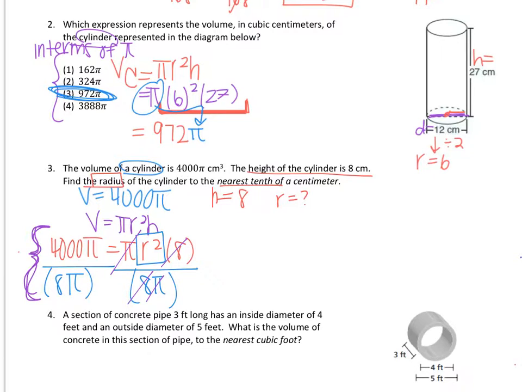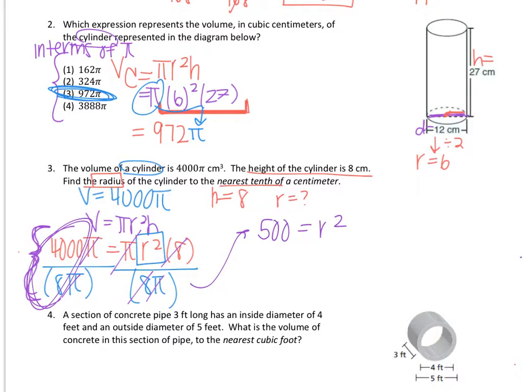The second way you can think about it is, well, I have pi divided by pi, right? You see this? Pi divided by pi. If you divide things by itself, they cancel. So pi's gone, pi's gone. So the only thing you should type in your calculator, or could type in your calculator, is 4,000 divided by 8, which gives us 500,